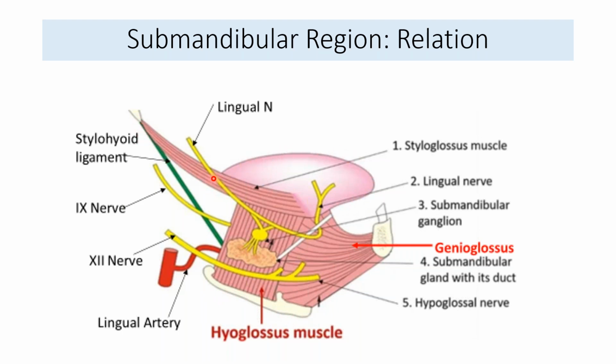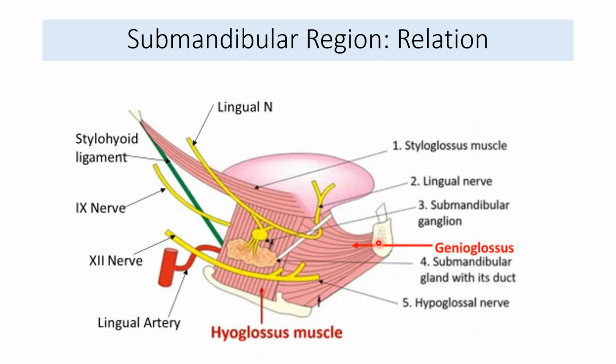Then from the styloid process to the tongue, this is the styloglossus muscle. Extending from the styloid process to the hyoid bone, this is the stylohyoid ligament. Extending from the greater cornu of the hyoid bone, this muscle rising upwards towards the tongue is the hyoglossus muscle. Easier to remember: from hyoid to glossus, meaning tongue. This is the hyoglossus muscle.